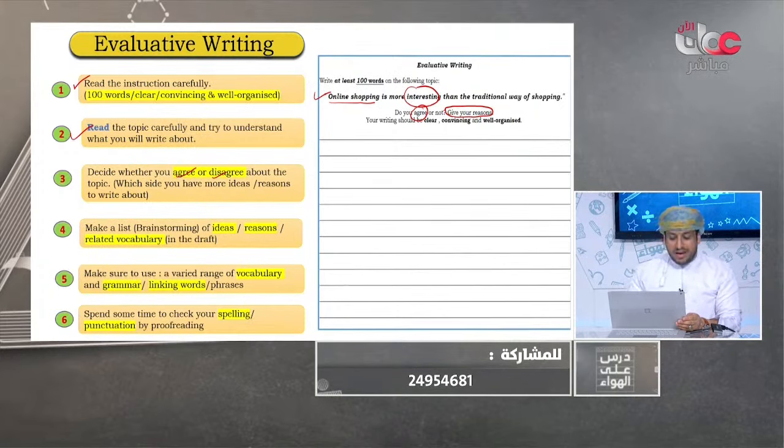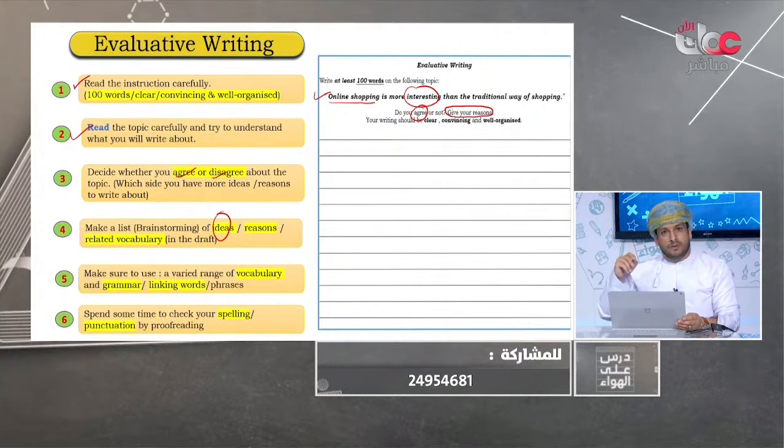Okay, number 4, make a list. Try to brainstorm ideas. عندكم مسودة في كل امتحان، في الأخير اكتب بعض الكلمات، بعض الأفكار، بعض الأسباب، بعض المفردات، حتى الفوكابلري حاول تكتبهن. شوف أي فوكابلري متعلقة بالموضوع اكتبها. إذا عندك كلمة تخطأ فيها، شوف بدائل أخرى synonyms وغيرها. Reasons and related vocabulary. This is very important. You can just start writing in the draft quickly so that you can copy them in ink in your evaluative writing.